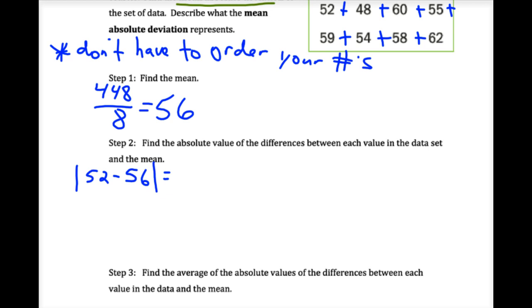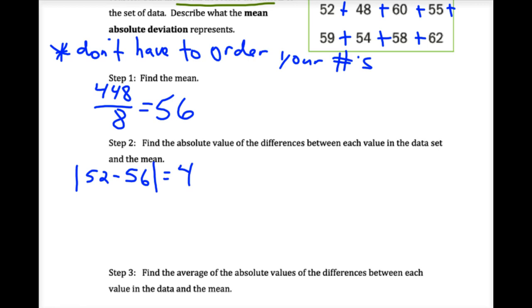4. -4. It can't be negative. Remember, absolute value means distance away from 0. Four. So you do 52 minus 56, which is -4. Hopefully you guys can do that in your head. Count from 52 to 56. It's 4. But the absolute value of it is always positive. It's going to be positive 4. And you don't switch the sign. If it's negative, turn it positive. But if it's positive, it doesn't turn into negative. Only negatives turn into positive.